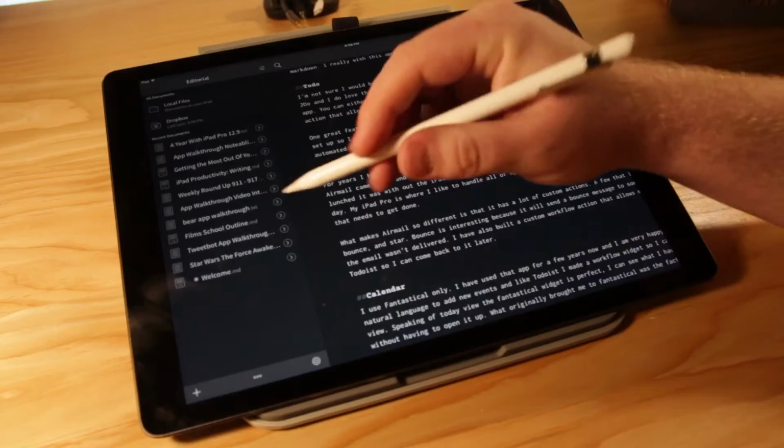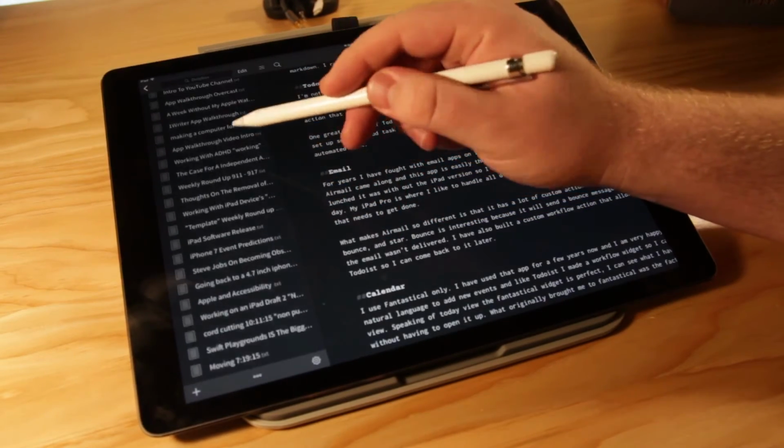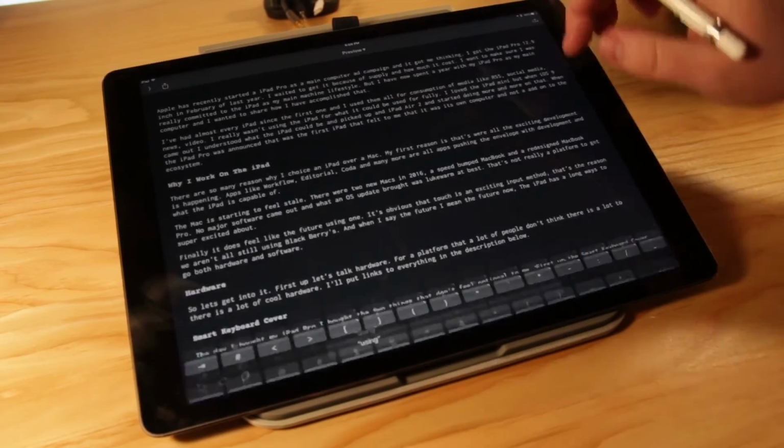It's a great software if you want to do Markdown editing. But what I have been using recently is Editorial. It got a really big update, and with that came split view support and iPad Pro 12.9-inch support. So I downloaded that. I had been putting off downloading Editorial until it got support for those things. It's definitely a little late,